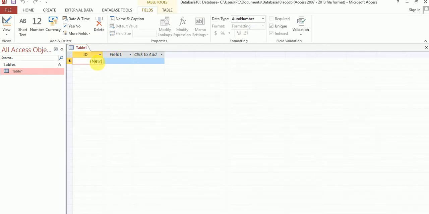Suppose I want to change this New. You cannot change it; it is automatically generated. So a table, which includes rows and columns, you can also call a table.